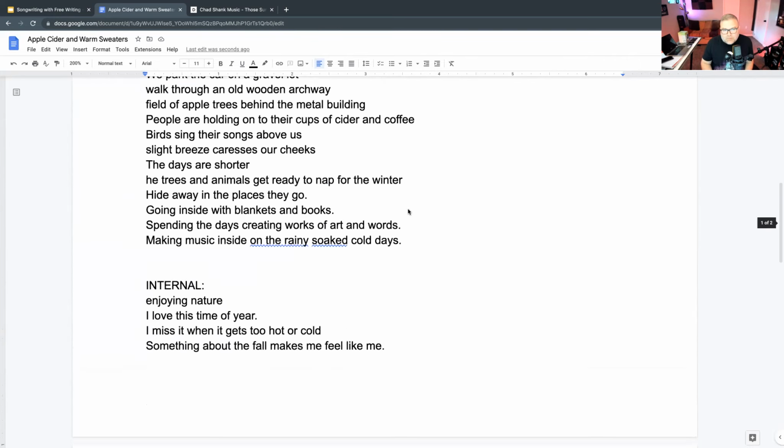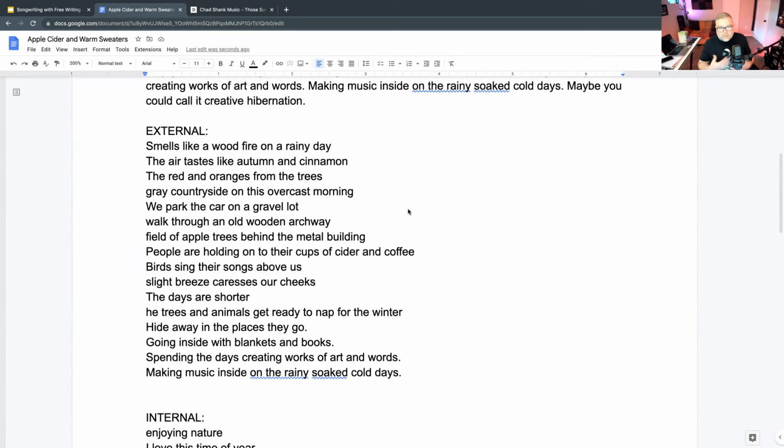So the reason why we break the lines into external and internal is we've talked about it in other workshops where a lot of times in songs you show before you tell.